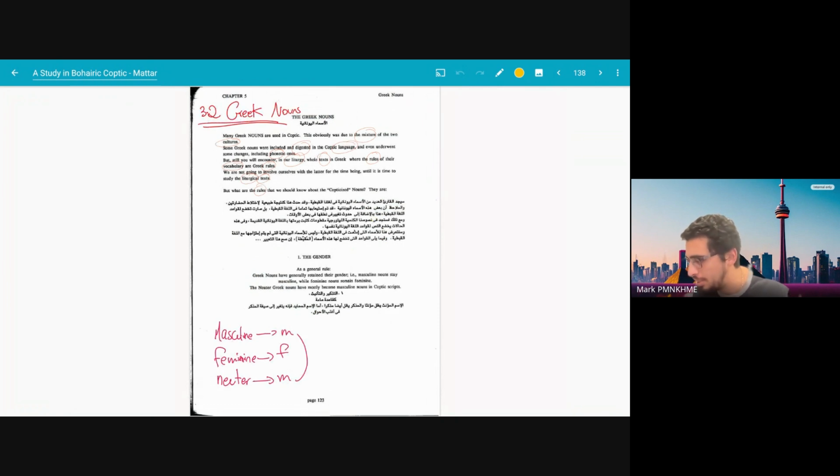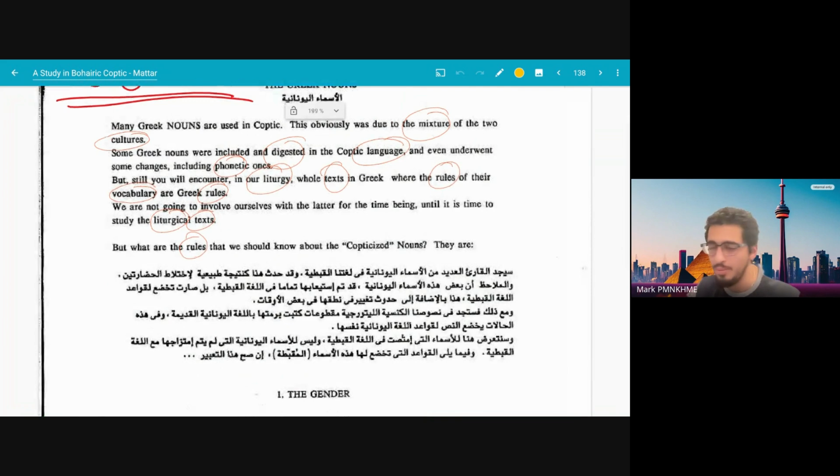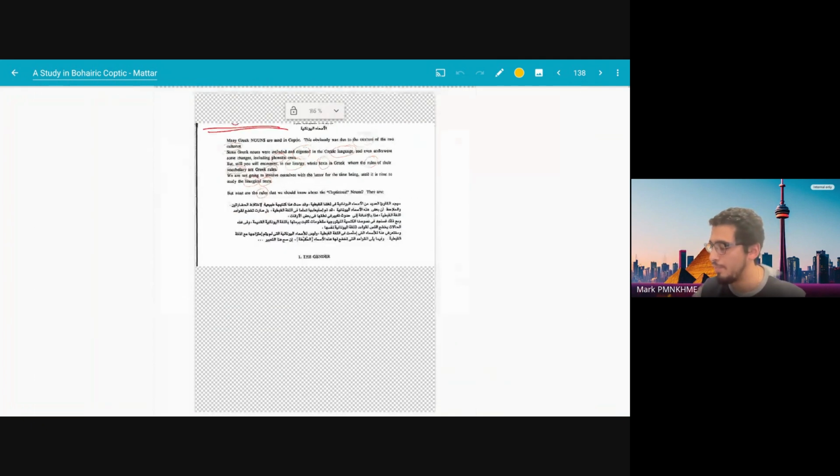The next thing we have is the Greek nouns. I know in Greek, again, not really very well versed in Greek, but Greek has three genders apparently: masculine, feminine, and neuter. The neuter becomes a masculine in Coptic. And if you wonder how much Greek there is in Coptic, we have quite a lot. I think 20% or 25% of the Sahidic New Testament is Greek loan words. And here I highlighted the words that I think are not coming from Germanic English, just to see that loan words are very common, and sometimes you can even distinguish them.